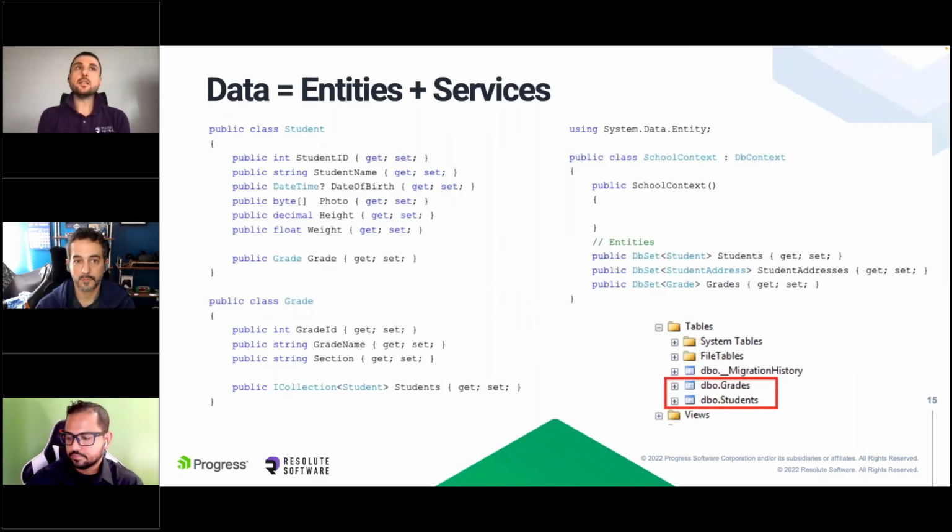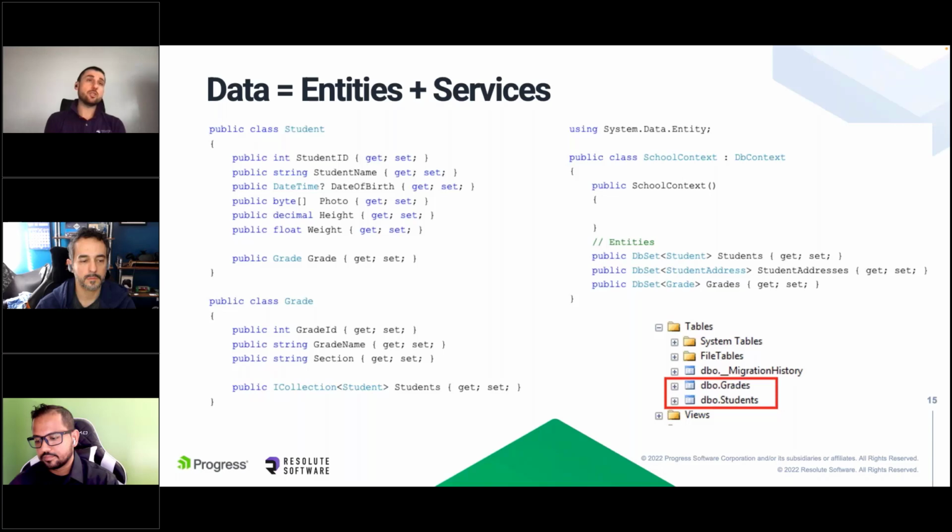So your data equals your entities plus your services. Why do we like to segregate data at the code level, or at the data access level, as a set of entities and services? Well, firstly, because you are working with C# objects, with POCO objects that represent your data tables.